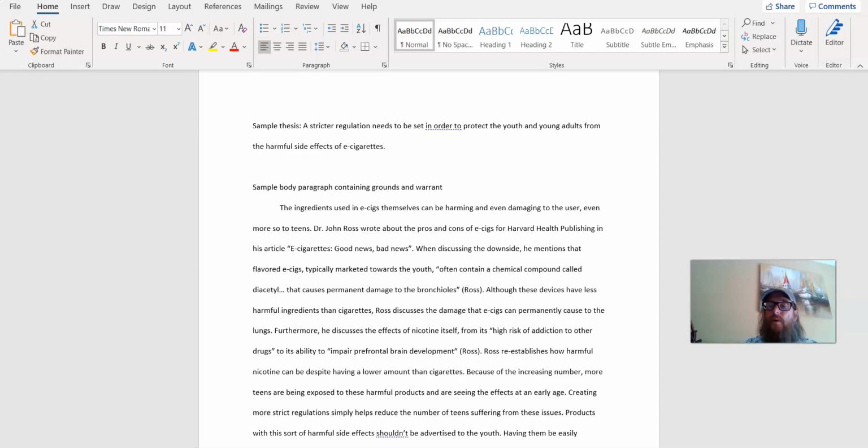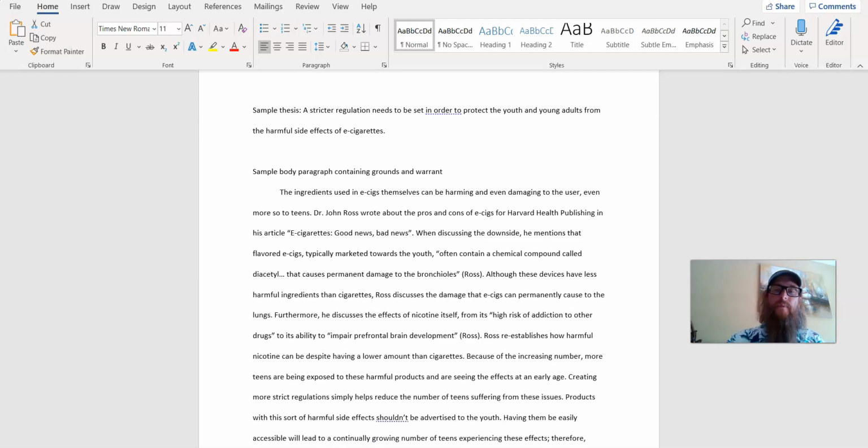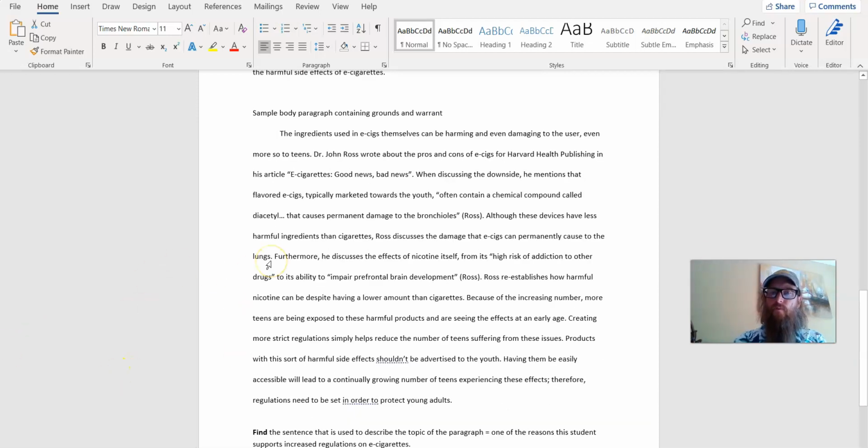But when you look at the papers, you see it's a very traditional kind of layout, right? You've got an introduction. We talked about what goes in that, leads up to the thesis, and then the body paragraphs come, which when you're talking about the sources that agree with you, you need at least 2 body paragraphs devoted to grounds and warrant, right? And it's going to be similar to what these students are doing. You point to a source, you make the grounds clear, you develop the warrant. That's the end of that paragraph, right? Then you point to another source that agrees with you, grounds, warrant,